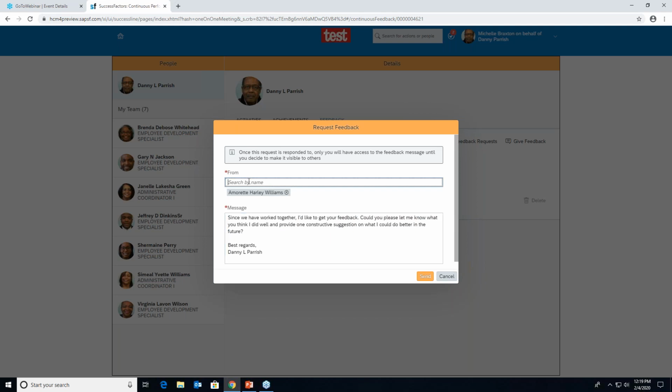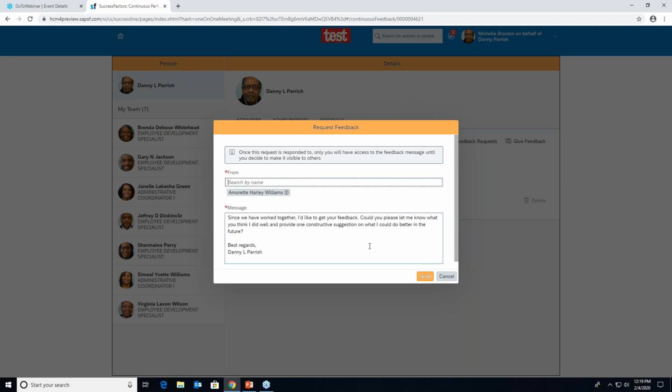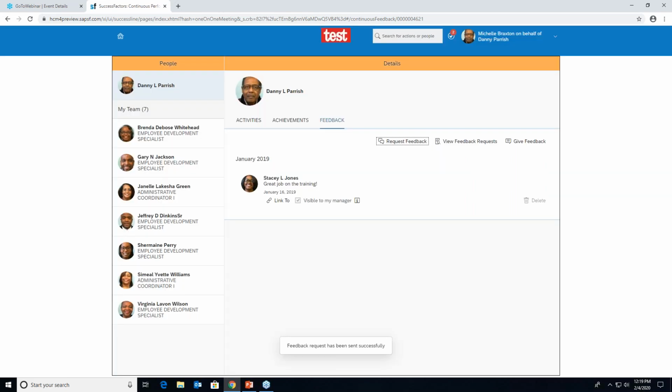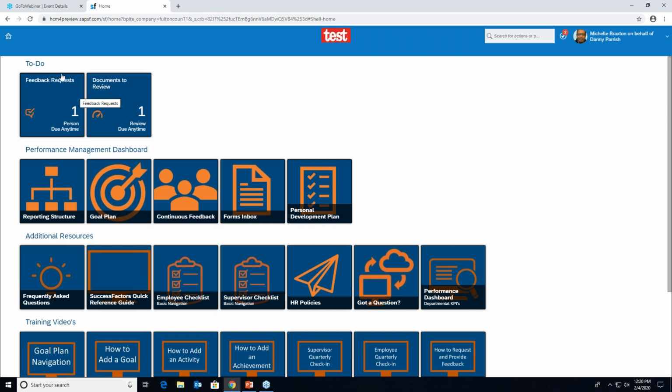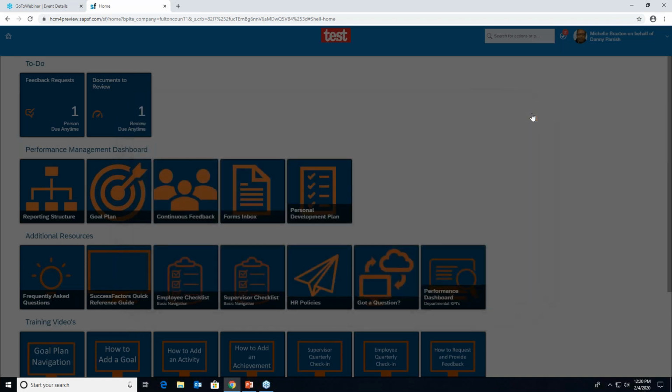If you try to type in an employee who doesn't work in your department, then it will provide you with this message basically stating you don't have permission to ask for feedback from that person. So again, it's only employees within your department. And then you can press send. And similar to what I discussed earlier, when you get those feedback requests, they'll show up in your to-dos, and then you have the ability to provide the feedback or decline it if you choose.